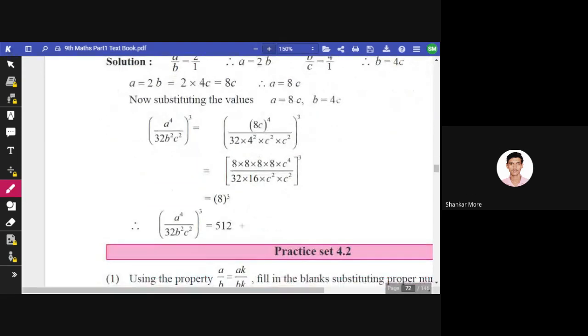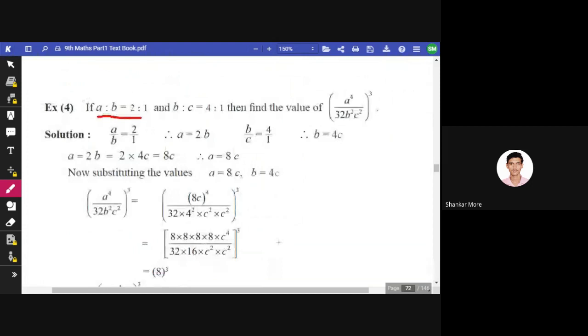Okay, I'll just zoom in a little bit so that you will have a clearer picture. So 8 raised to 4 into c raised to 4, ये हमारा न्यूमरेटर है। तो 8 रेज टू 4 यानी कि क्या, 8 का 8 के साथ में 4 टाइम्स मल्टीप्लीकेशन, राइट? सो 8 इंटू 8 इंटू 8 इंटू 8 4 टाइम्स, एंड c रेज टू 4 वुड बी द फोर्थ पावर ऑफ दैट वेरिएबल। नाउ 32 एज इट इज, b की वैल्यू हम 4c रखेंगे, तो 4 का स्क्वायर जो है वो 16 बनेगा, c का स्क्वायर c स्क्वायर रहेगा, एंड दिस थर्ड पावर एज इट इज।